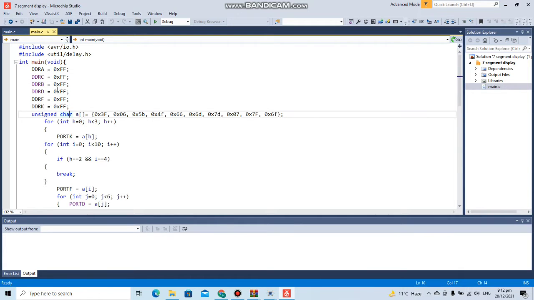Then here I've created an array in which I have written the ASCII values of all the numbers from 0 till 9. And then I'm running a loop according to the time. So first of all, at port K we can see that the loop is being